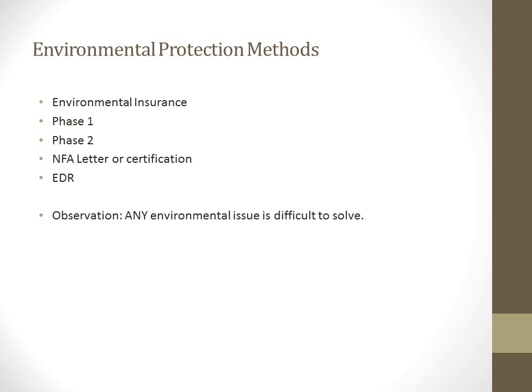Back to environmental protection methods. We talked about this lightly, but in any commercial transaction, an environmental report or an environmental insurance will be conducted. And when we use the word insurance, this is not for the benefit of the borrower, and we'll frequently hear that, well, I already have property insurance. This is not the same. Environmental protection says there's nothing there that the state, the county, the city, the federal government will take issue with in terms of